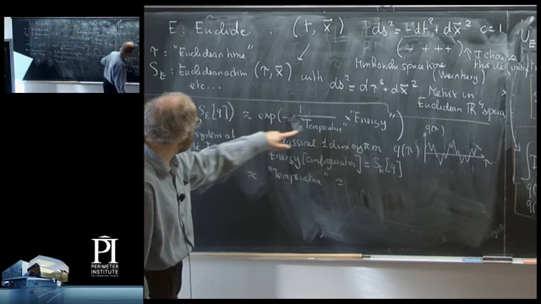If you consider this as a partition function for a classical system, what is the temperature here is the Planck's constant in the original system. So this means that the quantum fluctuations in the original system are similar to the thermal fluctuations in this system. So you have a mathematical mapping. It's not a physical mapping. It's not that this physical system is the same as this physical system, but you have an equivalence between the